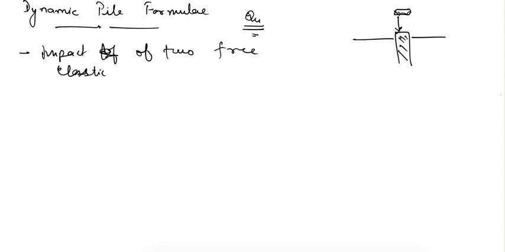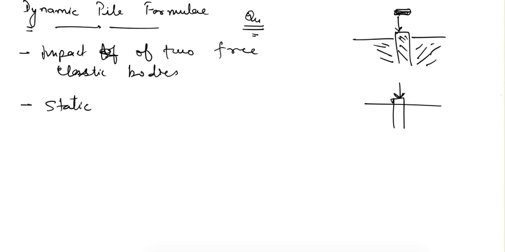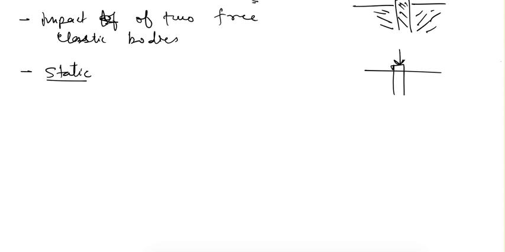So that is kind of limitation also, because in reality this pile is not a free elastic body because it is surrounded by the soil, so it cannot move freely. There will be the resistance between the soil and the pile. So that is one of the limitation, and apart from that, in real field condition, some static loading will be applied. So the actual loading is not the impact loading, or we can say it is not the dynamic kind of loading, it is the static loading which is going to be there on this. So these are the limitations of this formula.